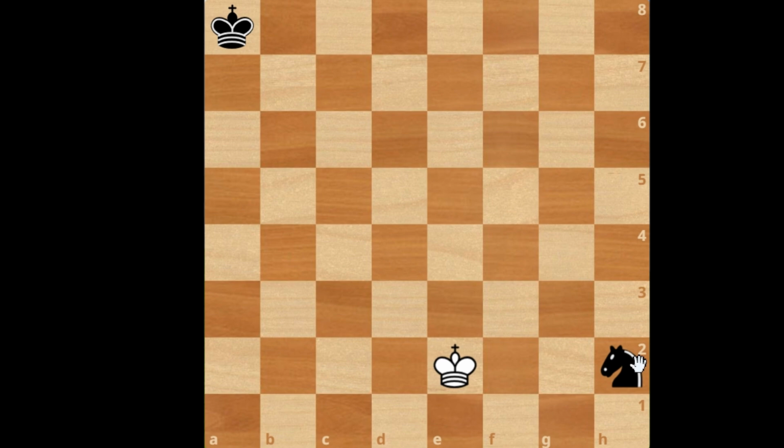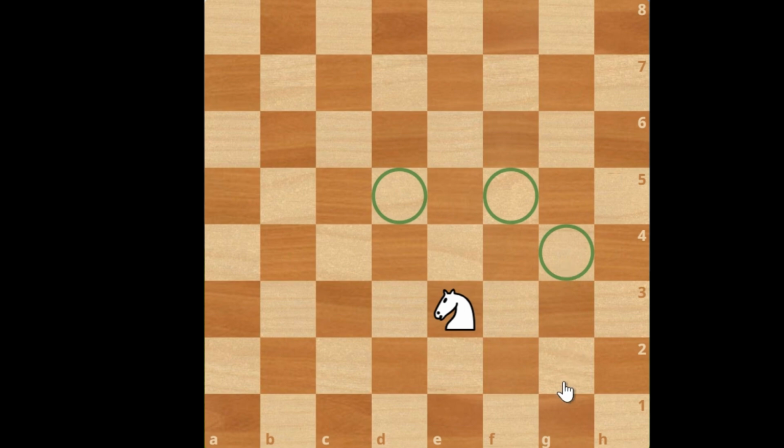Now, we will learn the movement of a knight. I am showing you a knight. Just to move these pieces and bring in a knight. So a knight can move 8 squares when in the center and much fewer squares when on the sides. It moves in a weird shape, an L, like this.